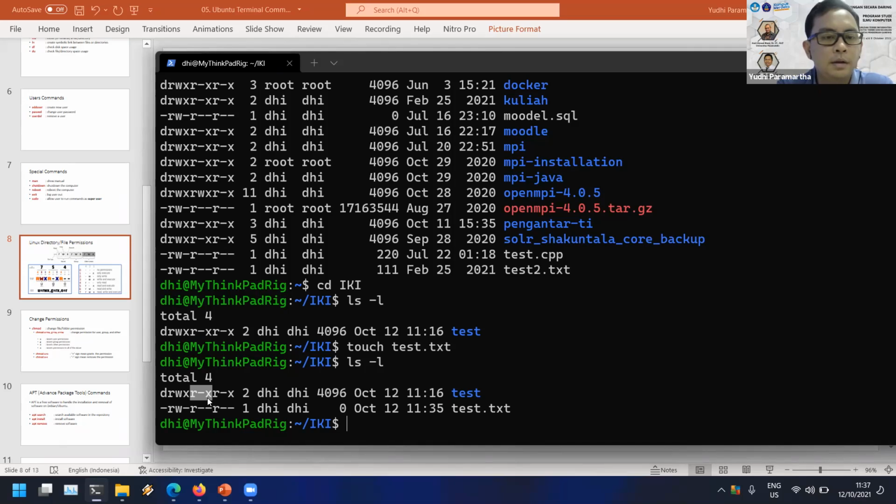Okay, that's because the owner has the permission of read, write, and execute, but others in the group only have the read permission. So they couldn't write in the book because the owner doesn't give them the permission. They could only read the book.